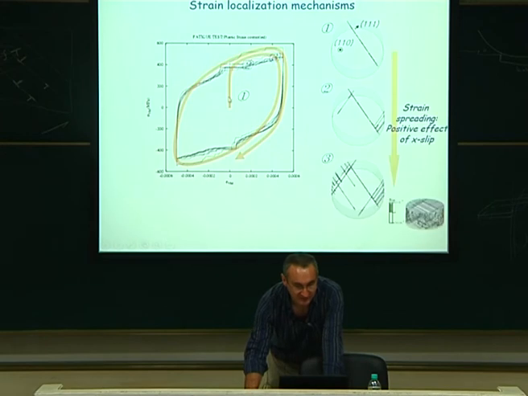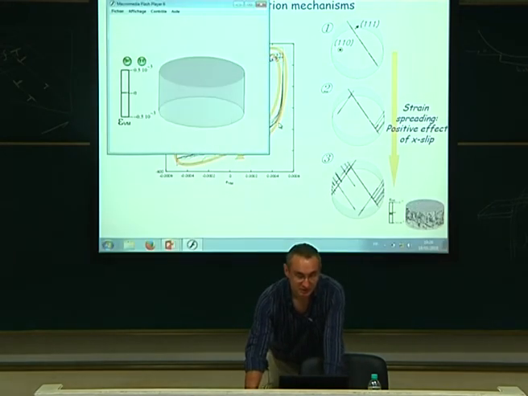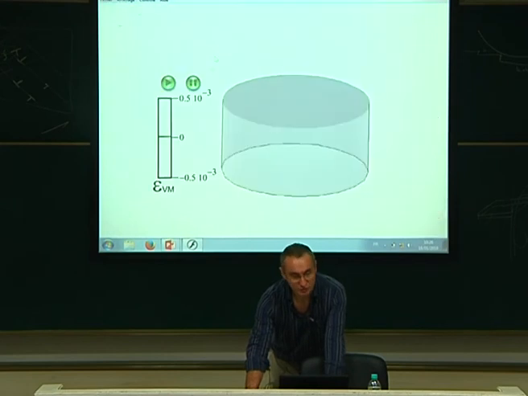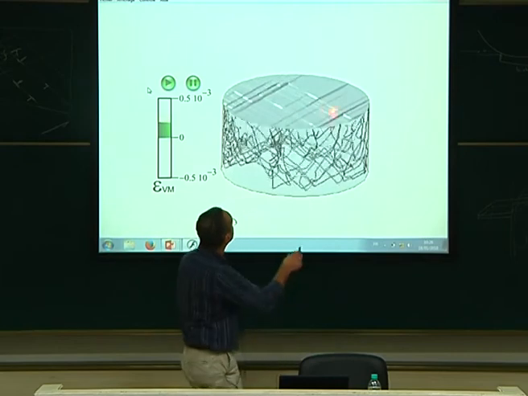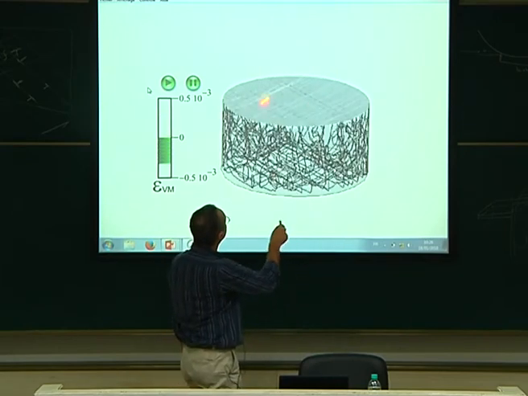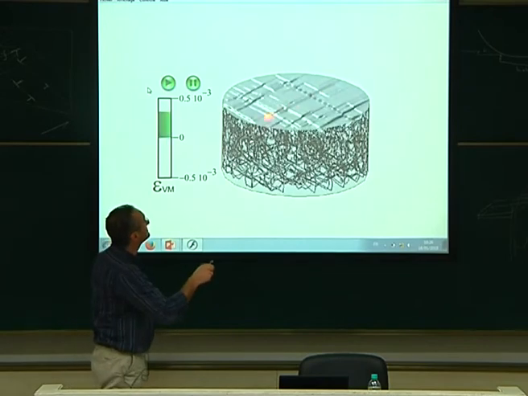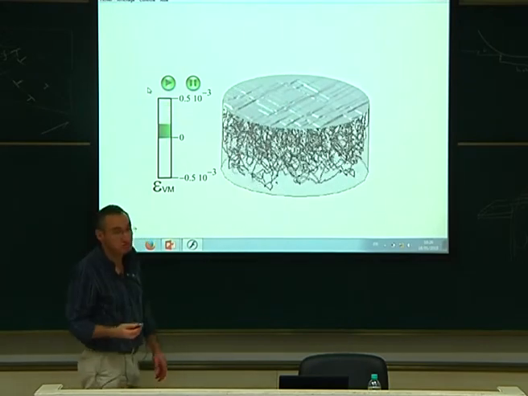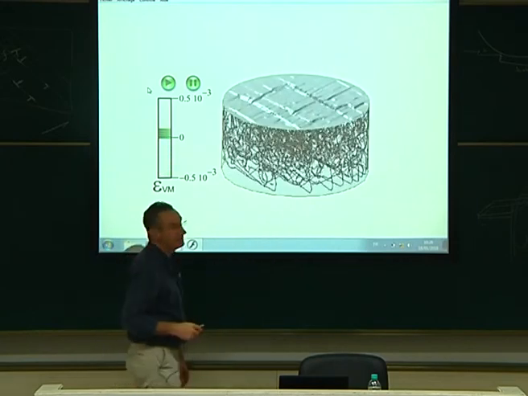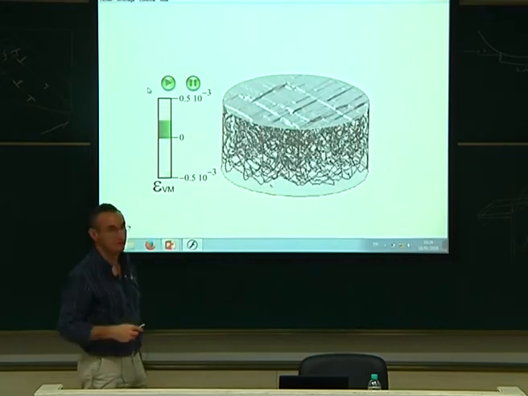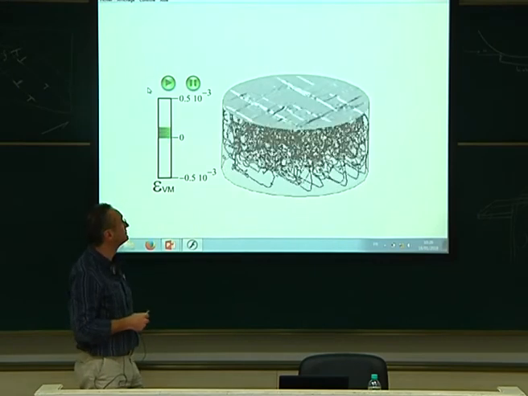If you look again at that, unfortunately that's the only movie we did in 3D like that. My new student is doing a new movie on that. You see that the dislocation was somewhere here, but here you will develop a plane which has nothing to do with that one. And I cannot say that at the middle you have more. Maybe you do, but I'm not sure. Statistically, the bond is longer at that place because you are close to the diameter. So you may have more extrusion inside, but I'm not sure. Okay.